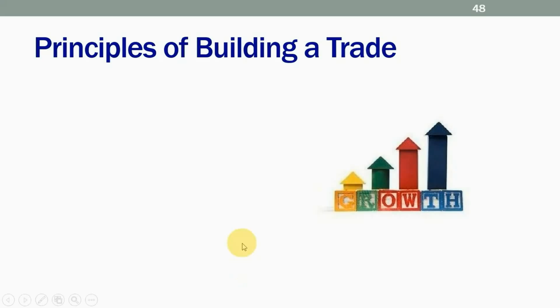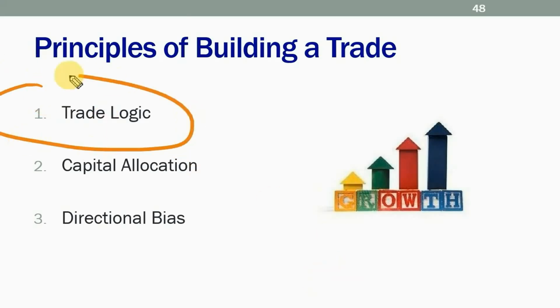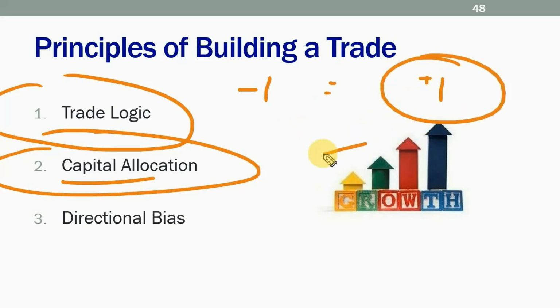Because now we're going to start to get into the principles of building the trade itself. Here we have trade logic, capital allocation, directional bias. Those are the principles we follow building a trade. All I've done at this point in the game today is lay some groundwork for the trade logic and for allocation. That's it. What's the trade logic? It's the in-out spread. Why do we do it? Because we risk one and we make one. Why do we do the trade? Because there's a higher probability of touching the profitability point before losing the dollar. That's the principle.